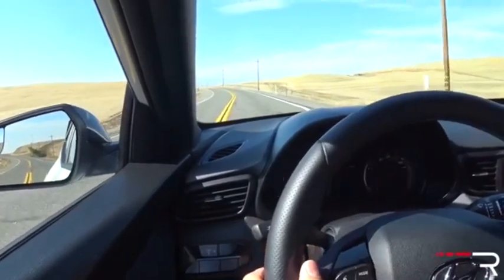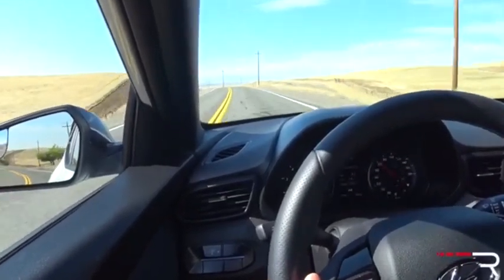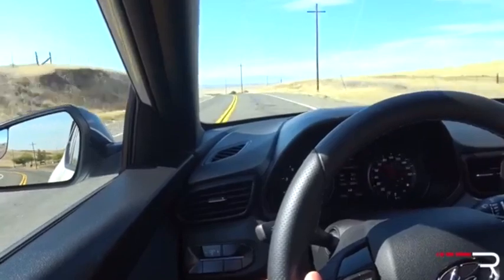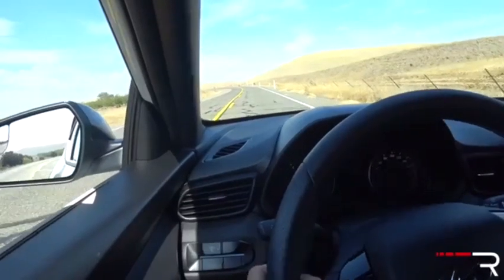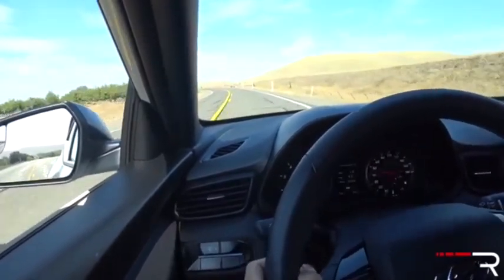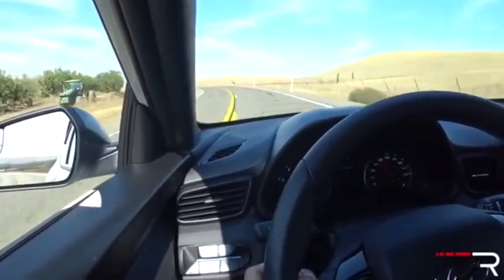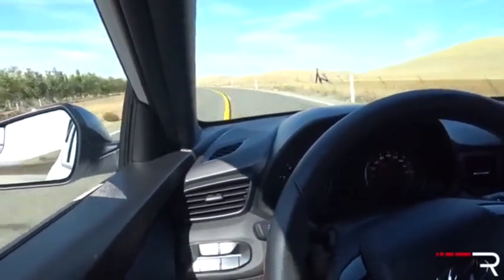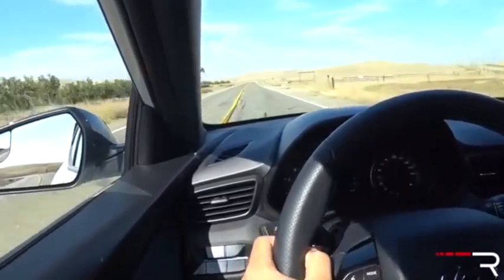Oh, goodness. A little bit of wheel hop there initially. Little bit of wheel tugging there, but it's not horrible. This is not like Mazda Speed 3 or Focus ST wheel tugging. God, this car is so